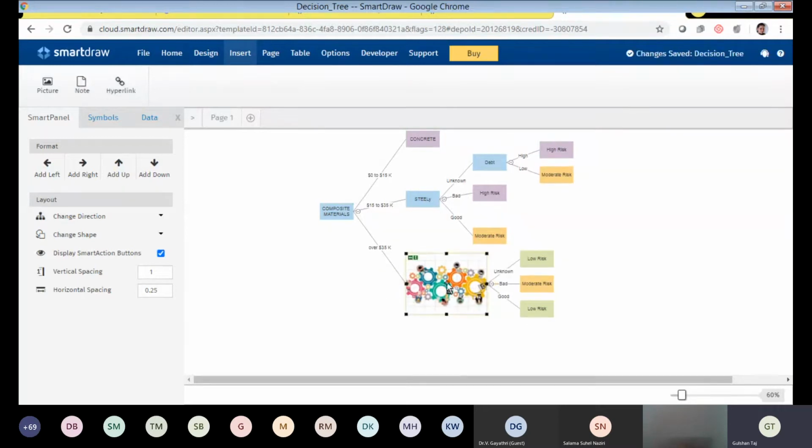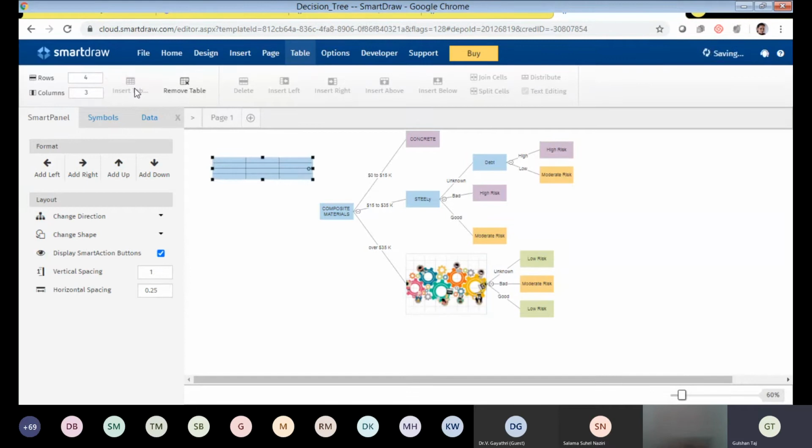Can you see? So you can add the pictures, you can add the hyperlinks, and even you can have the tables. For a table, it will ask you for the number of rows and number of columns. If I give the number of rows and columns, it will be added as a table. Then can you see here? I can add rows, delete rows as you do in your Word and PPT and Excel, whatever it may be.